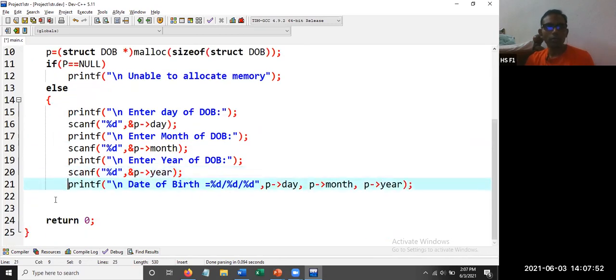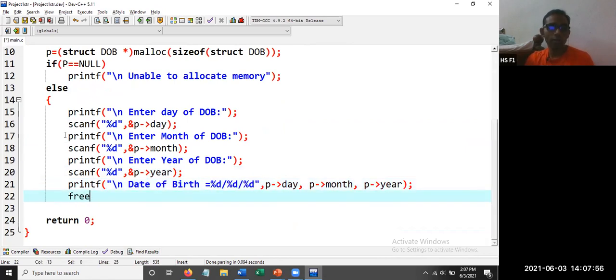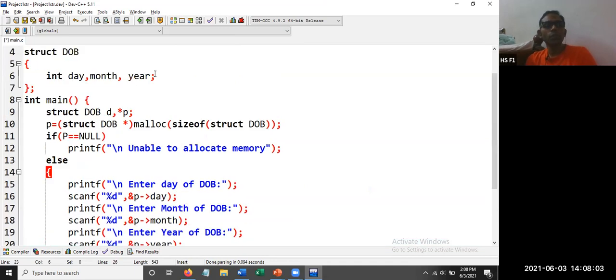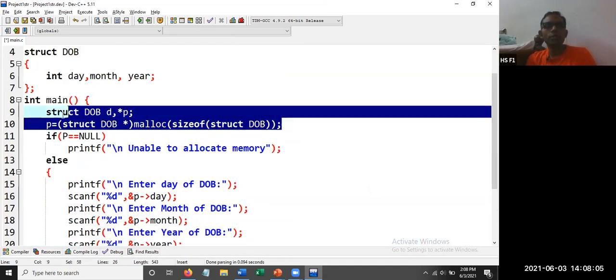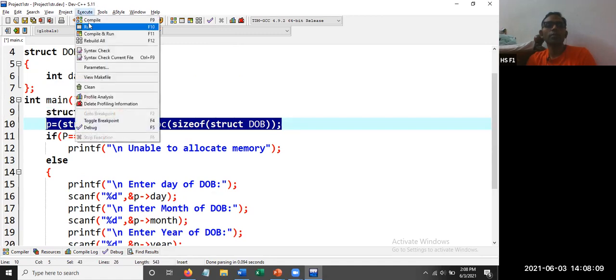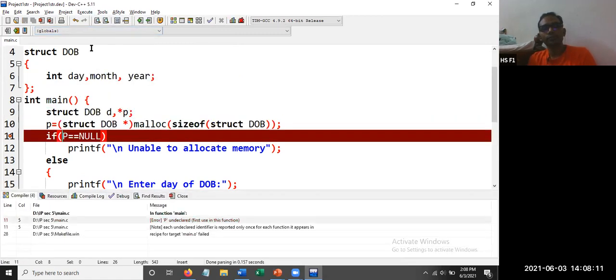Then we are going to write free. We have to release the pointer, free p. So this is a simple program implemented using DMA. Compile and run.